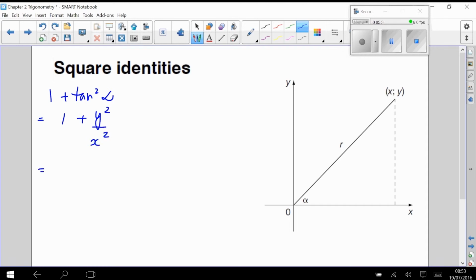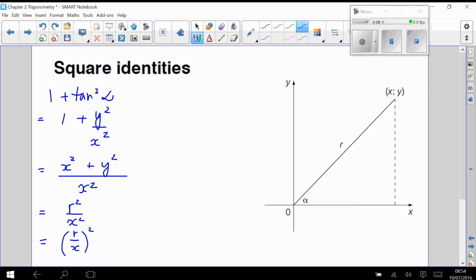Now, finding a common denominator, we can see that my common denominator must be x squared, and so I have x squared plus y squared all over x squared. We know by now, though, that if I write x squared plus y squared, I've got the sum of the squares of the two shorter sides of my right-angled triangle, and that could have been written as r squared all over x squared,